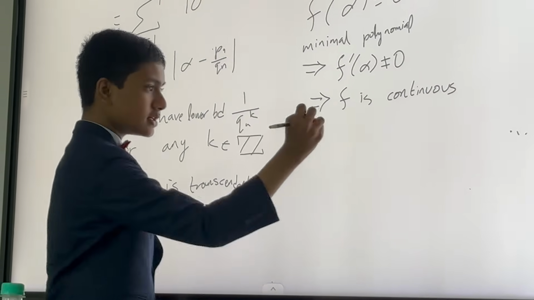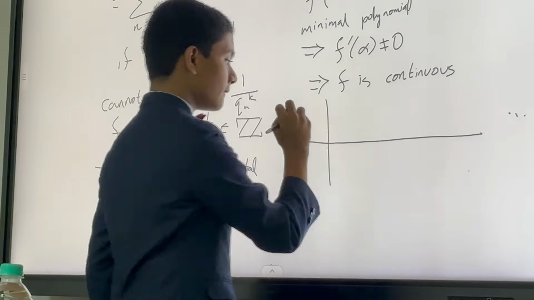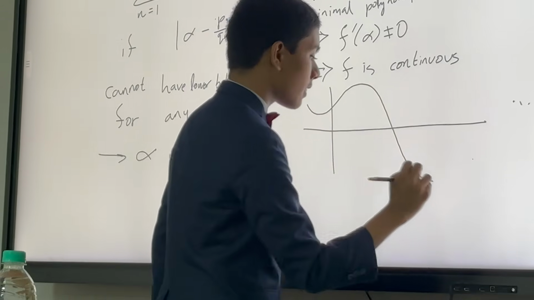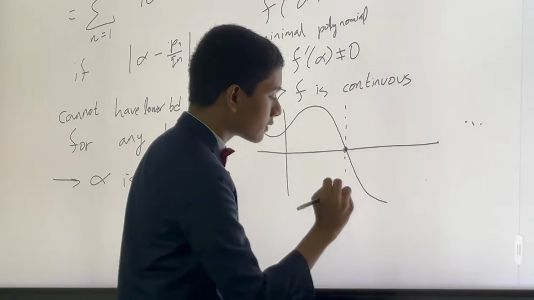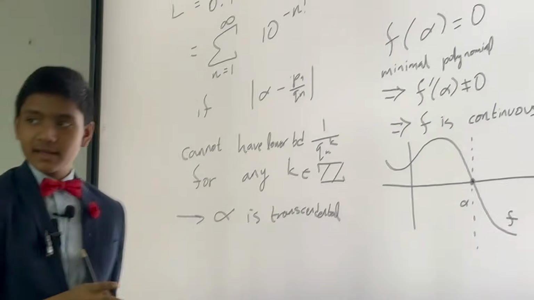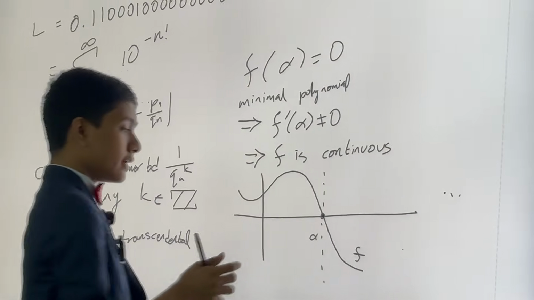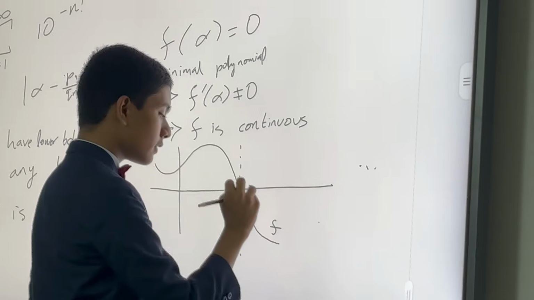So what that does is allow us to take, let's say, this is alpha right over here. This is where our function f has its root. And so we are enabled this way to take